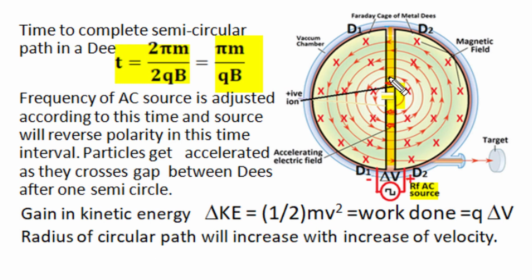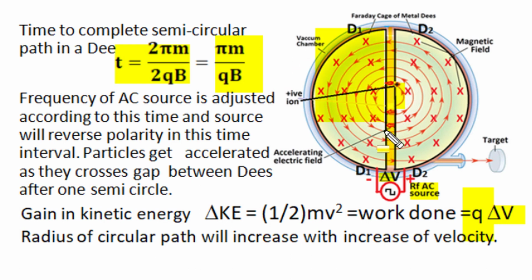space changes its direction, and in this electric field the potential difference of the alternating source accelerates the particle once again from metal case D2 to D1, and the gain in kinetic energy is the work done on charge q by the potential difference of the electric field between the two D's, D2 and D1, delta V, and this work done gets converted into gain in kinetic energy, and the particle kinetic energy will increase, and with the increase of energy and velocity